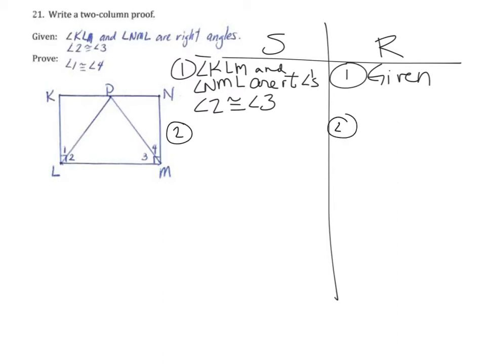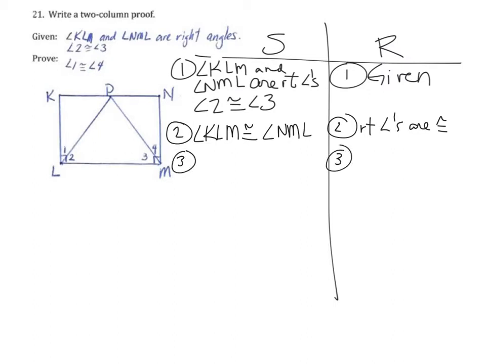We know that they're right angles. Well, if they're right angles, what do we know about them? We know they're congruent. So I can say angle KLM is congruent to angle NML. Why? The right angles theorem. The best way to say it is right angles are congruent. There we go. We know they're congruent. Now, step 3. If I know that they're congruent, what do I know about their measures? I know that their measures